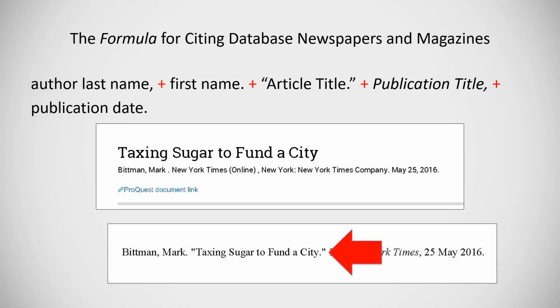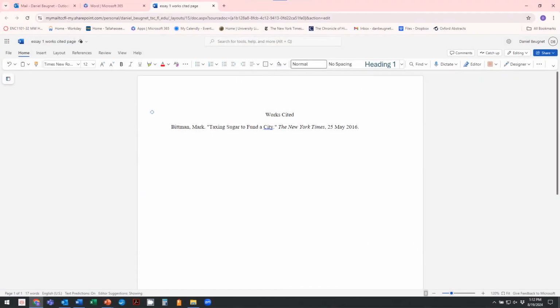The article title is found here. It is in the citation. The publication title is set in italics and followed by a comma. It is found here. It is in the citation. Next comes the publication year, month, and day followed by a period. It is found here. It is plugged into the citation, and make sure that you do follow that exact format. After all that, you've got a perfectly formatted Works Cited page, but I still have one last thing to show you,